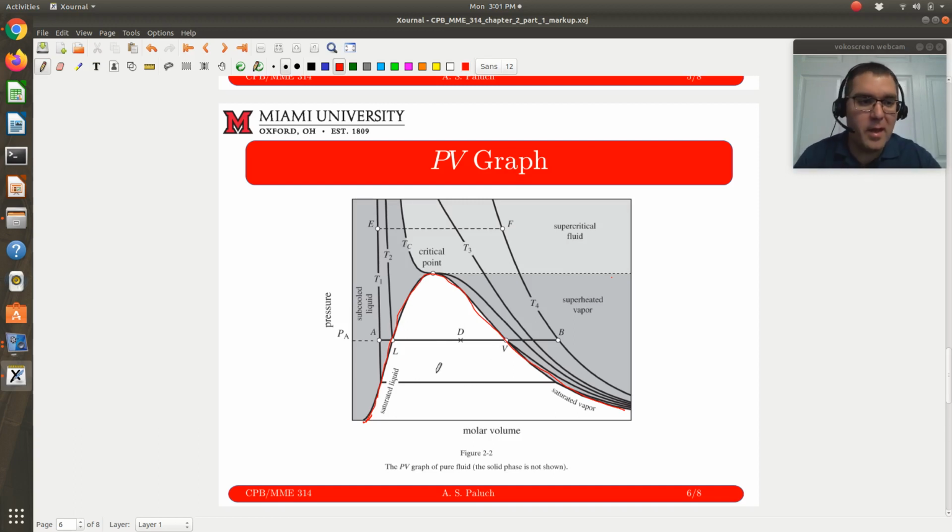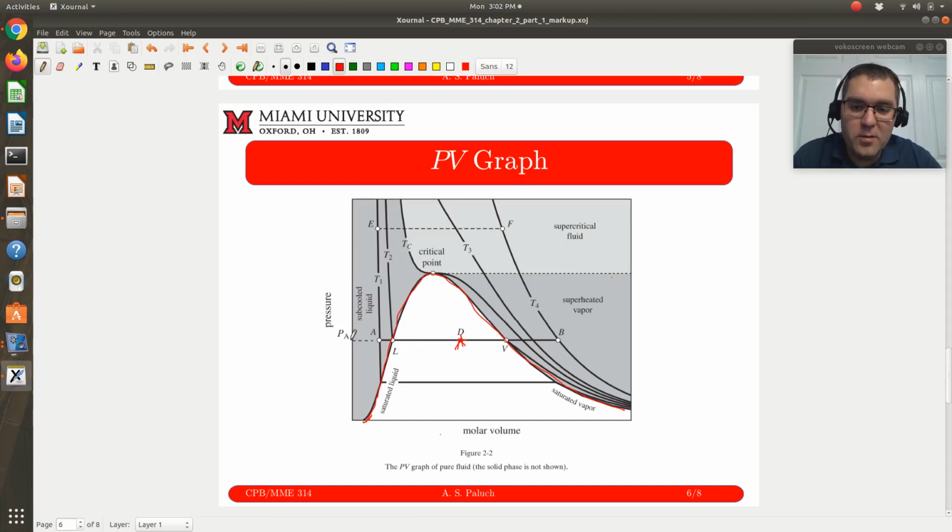What do I mean by that? I have some closed beaker of some known volume, and I add some mass of water to that beaker. If the molar volume puts me underneath the dome, so if I measure the specific volume, volume per mass, and let's just say it puts me at point D, this would correspond to a point underneath my dome that would tell me that my system's at two-phase coexistence. We said that at vapor-liquid coexistence, my two phases are at the same pressure. So what happens is I get phase splitting along an